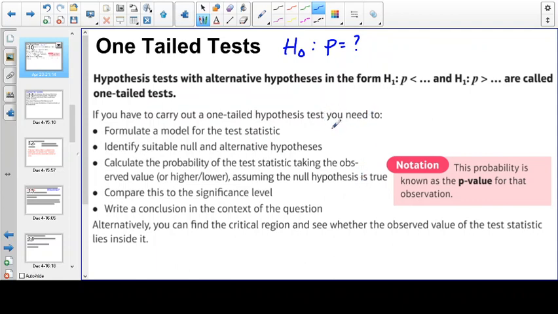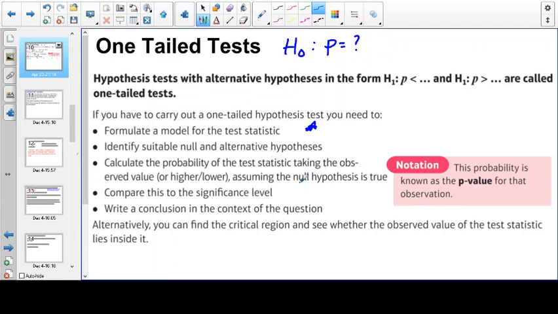So when you are carrying out a test, you need to formulate the test statistic. So this is writing out the information for the binomial. You will get marks for writing down the two hypotheses. You will get marks for doing some calculations. So this is using your binomial CD button on your calculator to work out some calculations with respect to the